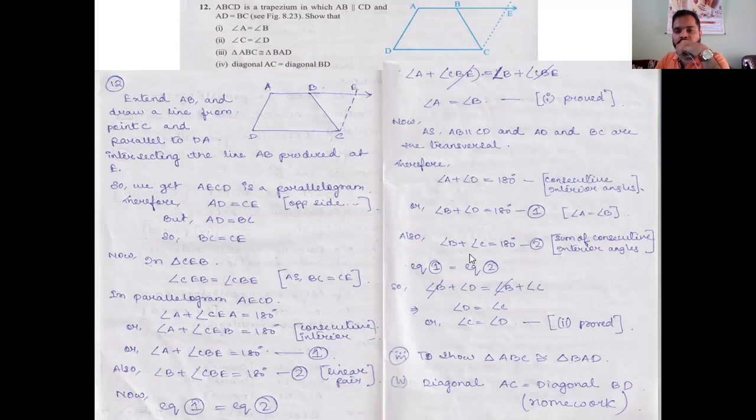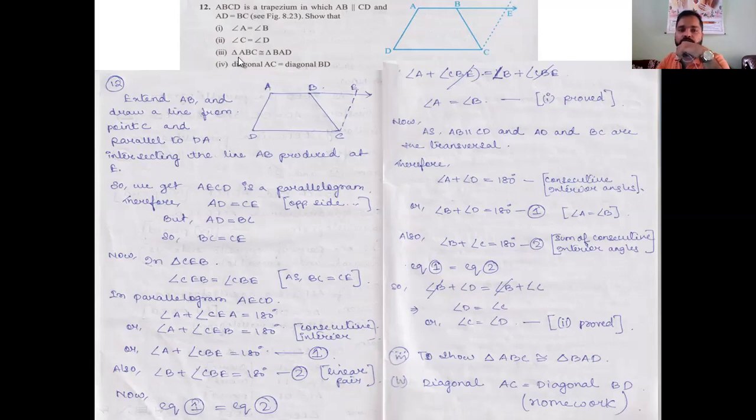This one. But A and B both are equal. Okay. So equation 1 is equal to equation 2. So what I can do is, okay, here you see I just changed here. Angle A plus angle D is equal to 180 degrees. Angle A was equal to angle B, so I replaced, okay. Here only I replaced. Now equation 1 and 2 both are equal. B got cancelled. At last, C is equal to D.